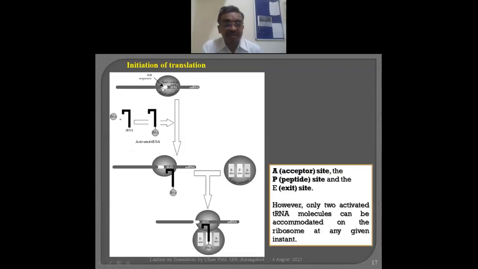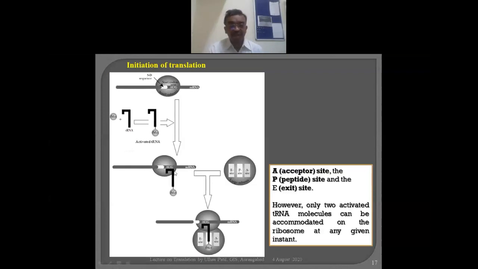The SD sequence is present on the mRNA, and the anti-SD sequence is present on the ribosomal subunit. In that way, the two get coupled and folded to each other. Now the tRNA comes here, and you know that the anticodon specifically binds to the AUG. Hence, at this smaller unit, the complementary tRNA, which has AUG as its codon, gets bound. So this is the initiation complex.